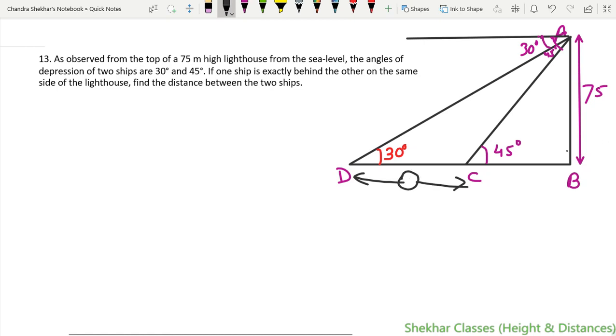Fine. Now how to get DC? We have to calculate CB for that. To calculate CB, we will take the triangle ABC and find out BC using the 75 meter as height. The angle is 45°. Similarly, taking the bigger triangle ABD, taking 30° and a height of 75, we can find out DB. So once we get these two, we can get the difference and we will be able to find the DC, which is the distance between the two ships here. So let's write here